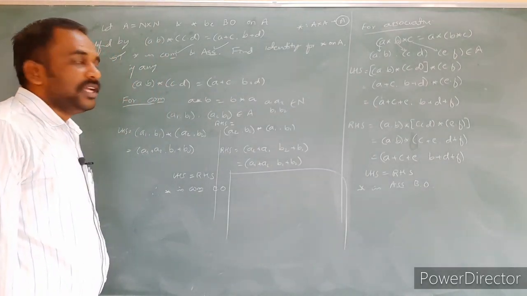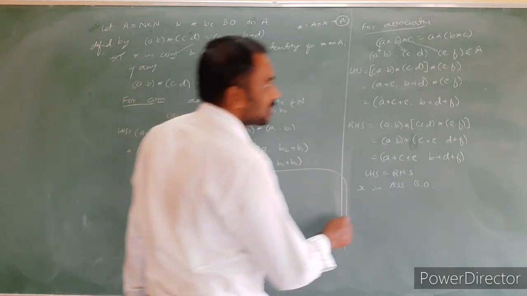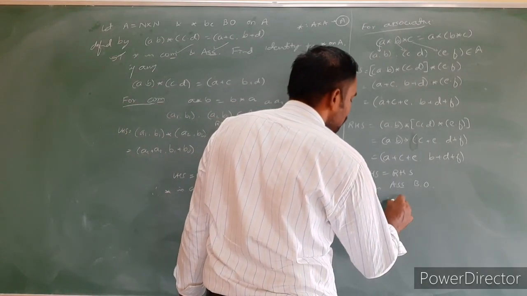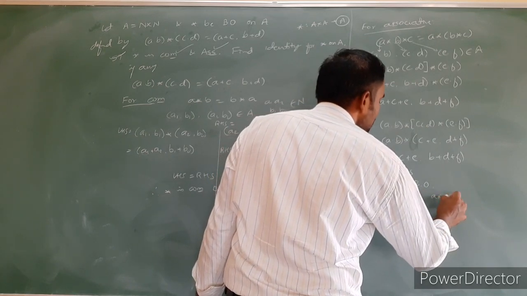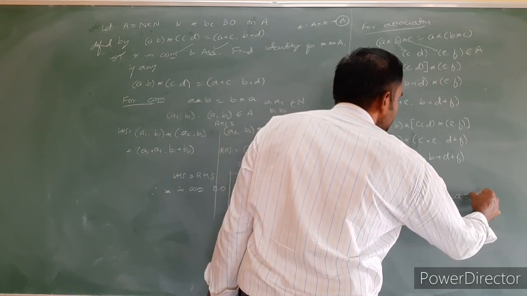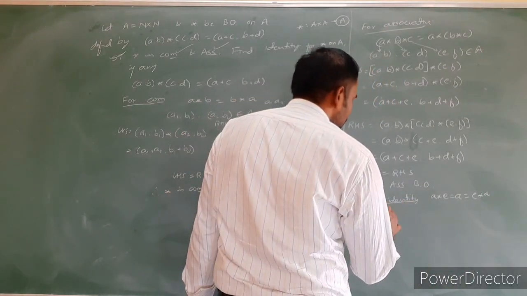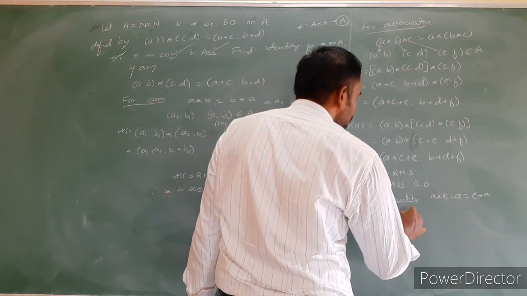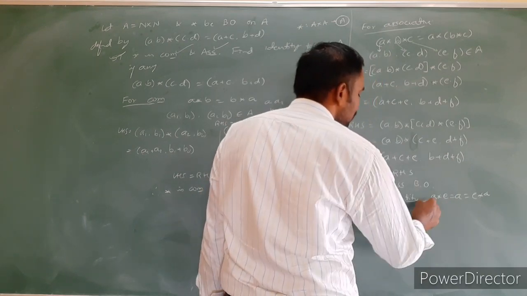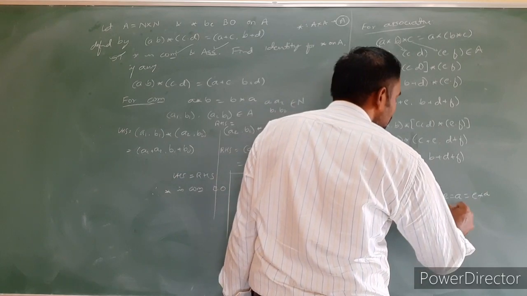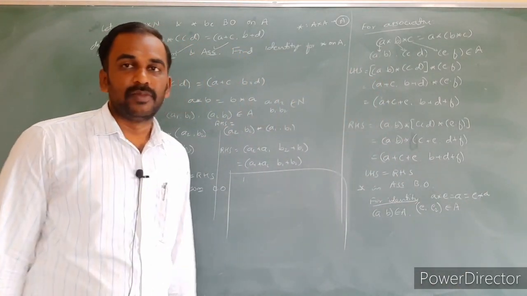Okay, we know the definition. What is the definition of the identity element? For the identity element, we know that A star E is equal to A, as well as E star A. Here, I consider A, B belonging to the set A, and E is required. I consider E1, E2 belonging to the set A.